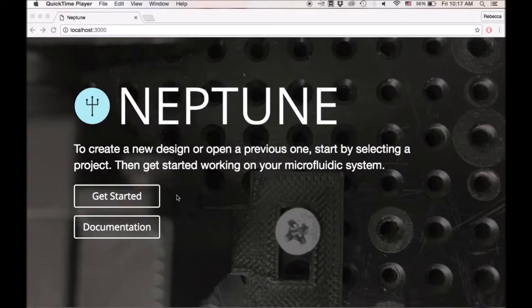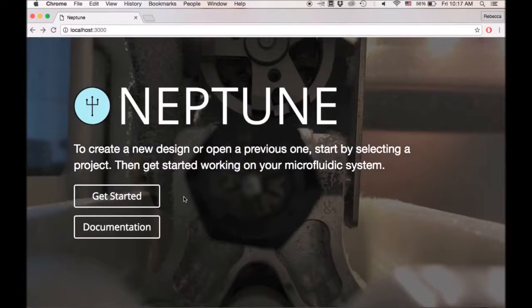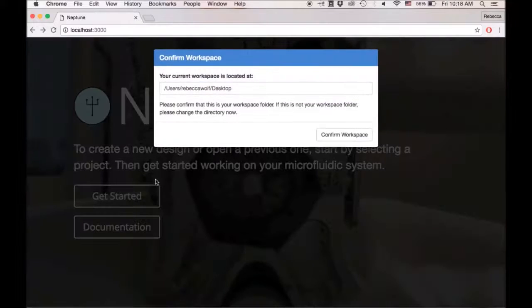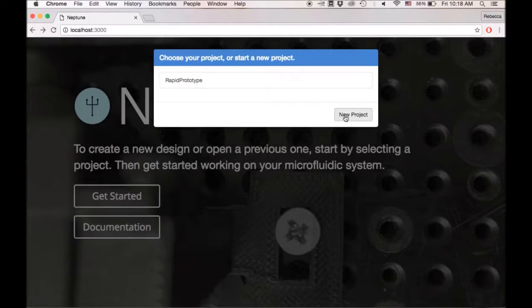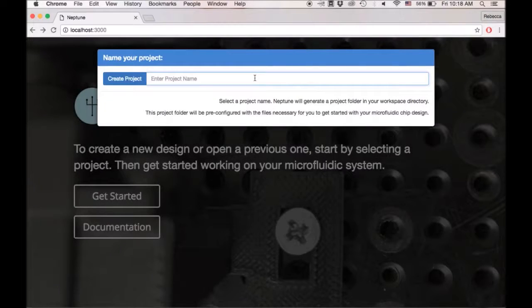Introducing Neptune, the simple-to-use, low-cost microfluidic creation tool enabling the rapid prototyping of designs. After choosing and obtaining Neptune, Dr. Ali opens up the tool to a welcoming homepage where he can begin to make his custom microfluidic. He chooses where he wants to store his files and starts a new project. He then names his new project Inducer Expression Chip after the type of chip he is creating and proceeds to